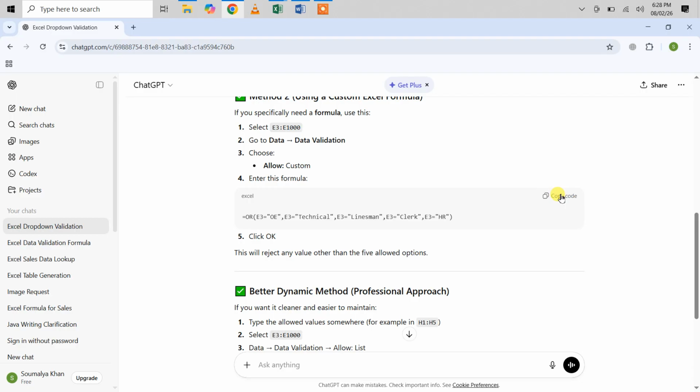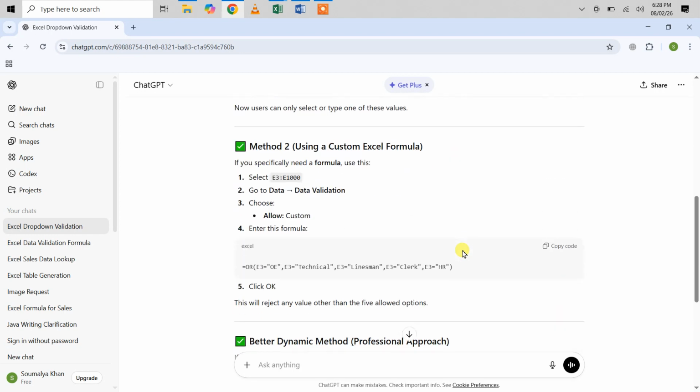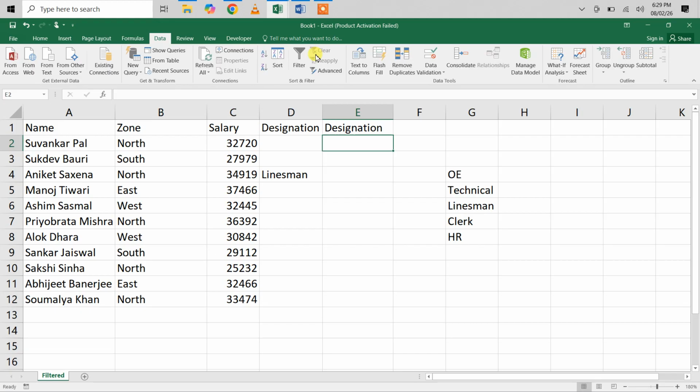So again there is a problem, this won't be E3, this would be E2. My E1 is the designation heading, so I should have written that the designation is in cell E2, not E3, and the formula should have been E1. Anyway, I'll just edit the formula whenever I'm applying the